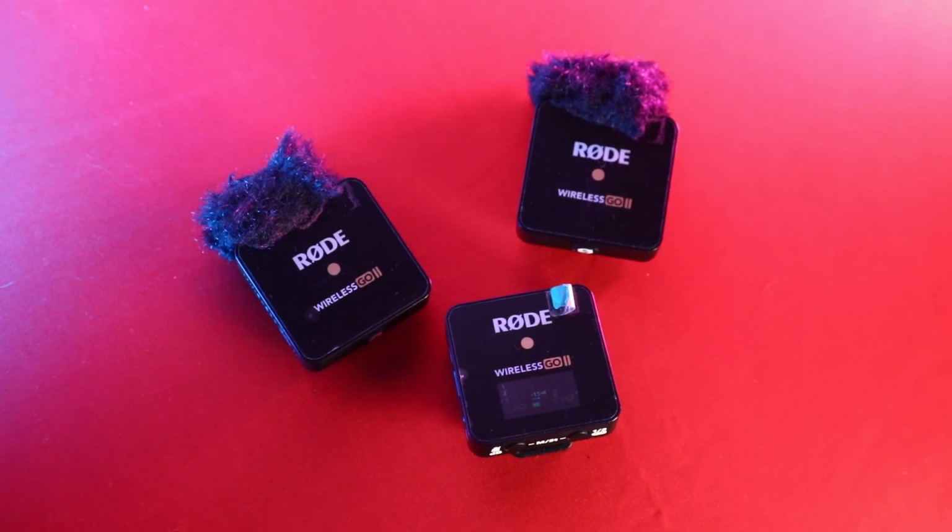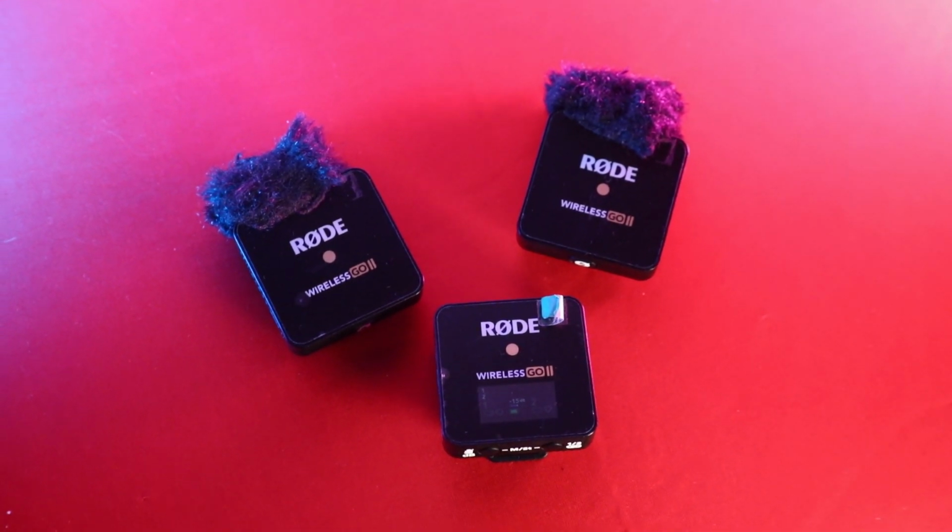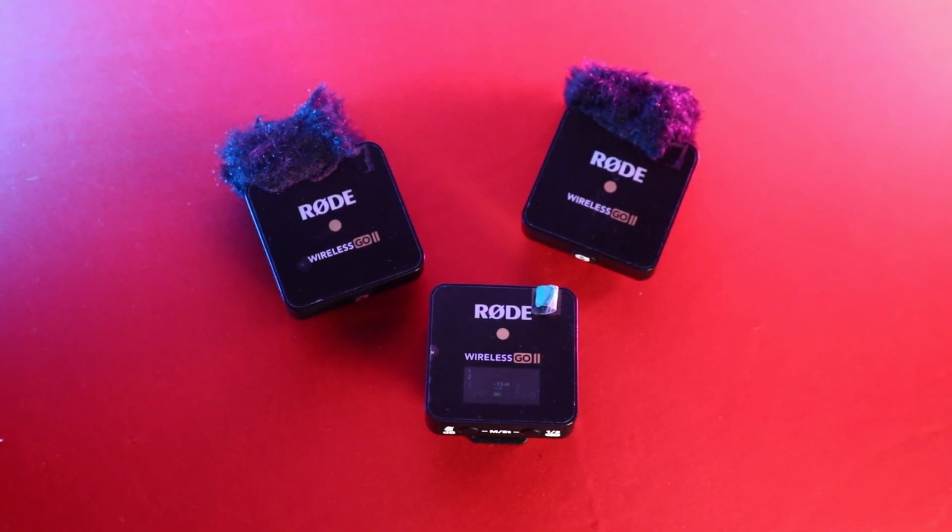Otherwise, it really is turn on, automatically connects, and the battery life on it is exceptional. I've actually found that this is more reliable than the Rode microphones that I use. Now my Rode 2 microphones that I'm using for this video, I've had quite a few problems with them, and I've had none of those issues with this. I found the battery life is better on this, it's more reliable, it doesn't lose the audio as much, it's just much easier to use and far more reliable. So I would definitely recommend